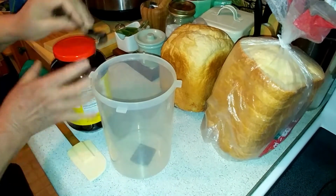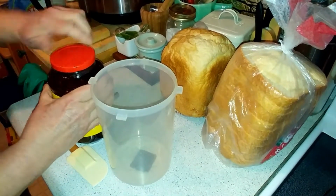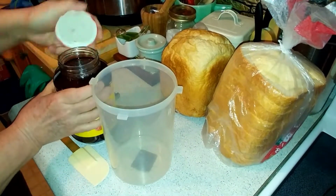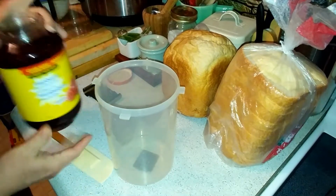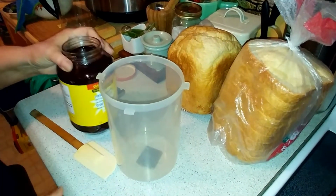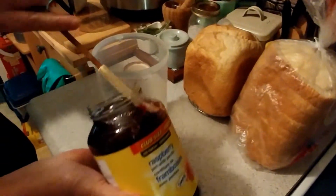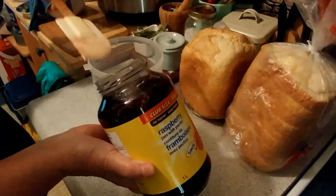Well, this is a brand new jar of raspberry jam. I'm using my handy dandy gadget to break the seal. And then I'm going to put it into a wide mouth lock and lock container. Then I won't have to struggle getting the jam out or to have to grab a spatula to get all